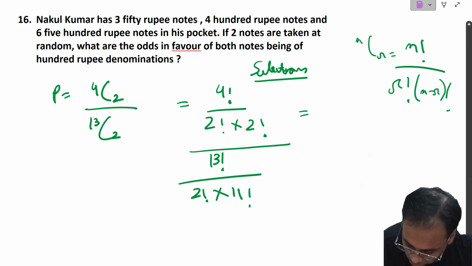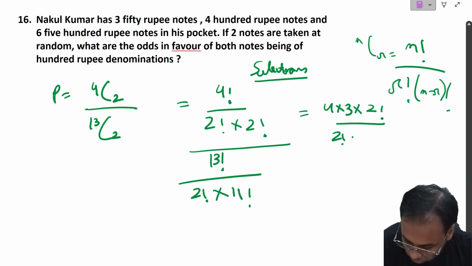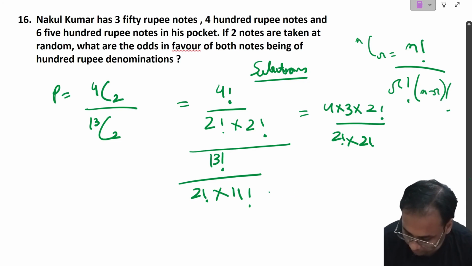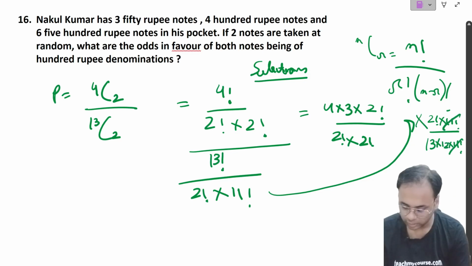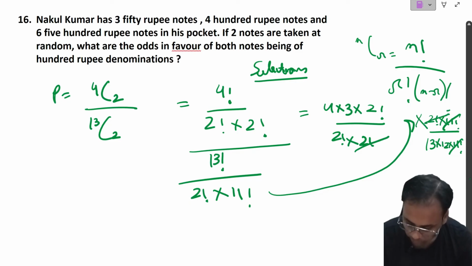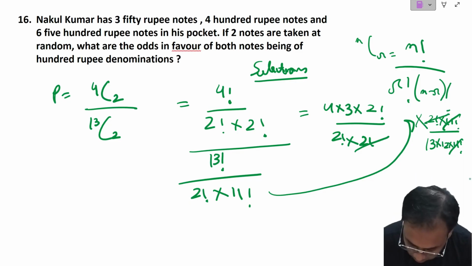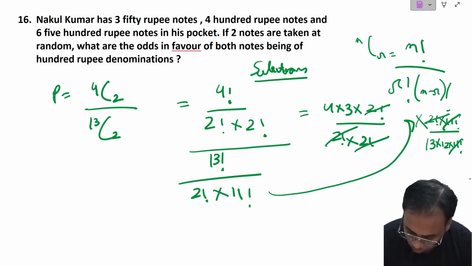So we have 4 into 3 into factorial 2 upon factorial 2 into factorial 2, and then it is multiplied by factorial 2 into factorial 11 upon 13 into 12 into factorial 11. So factorial 11 gets cancelled by factorial 11, factorial 2 by factorial 2, then factorial 2 by factorial 2,